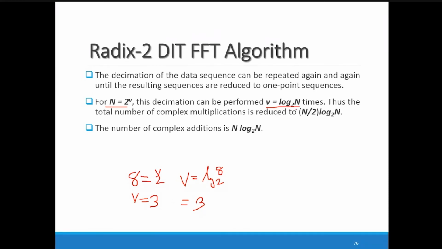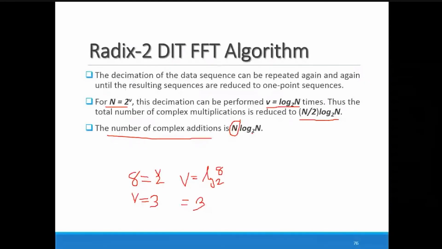So here what we are doing, we are dividing the sequence by N by 2 and we are applying the multiplication to those particular stages. So the total number of stages is log 2 N. The complexity is N by 2 into log 2 N, and the total number of additions is N per stage. As the number of stages is log 2 N, the value is N into log 2 N. So the total number of complex multiplications in the DIT algorithm is N by 2 log 2 N, and the total number of complex additions is N into log 2 N.